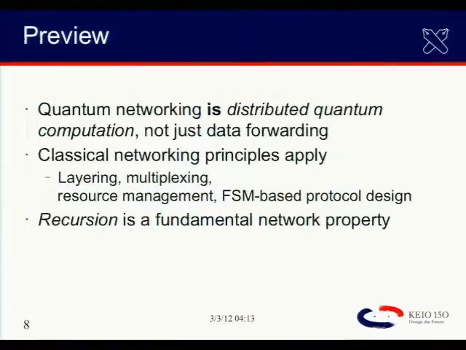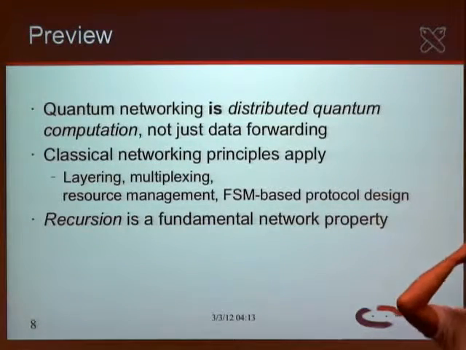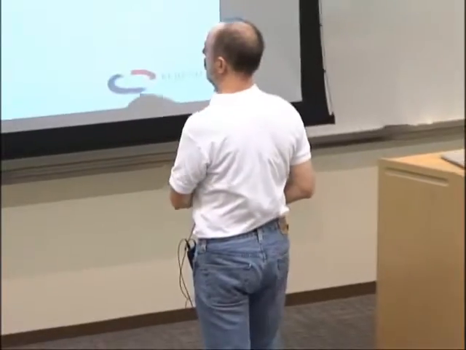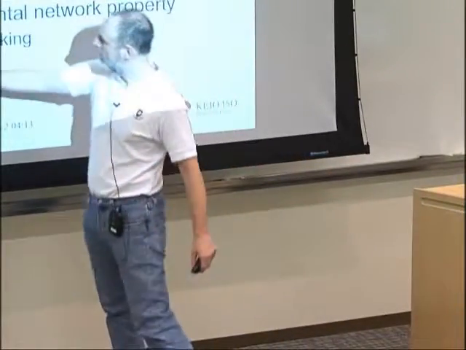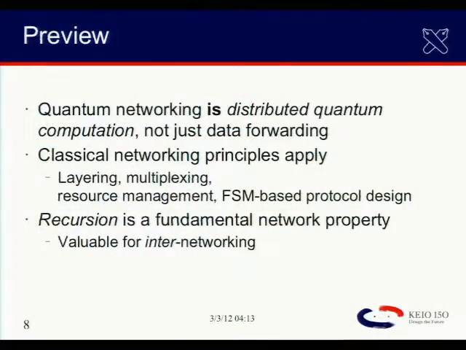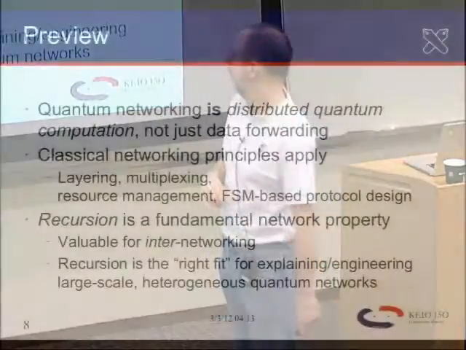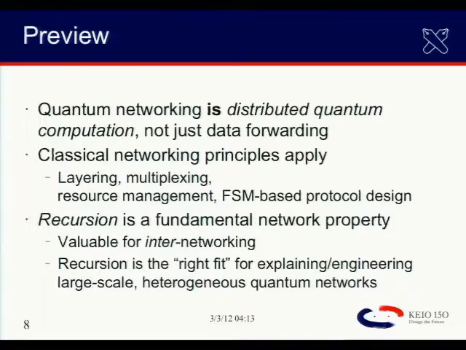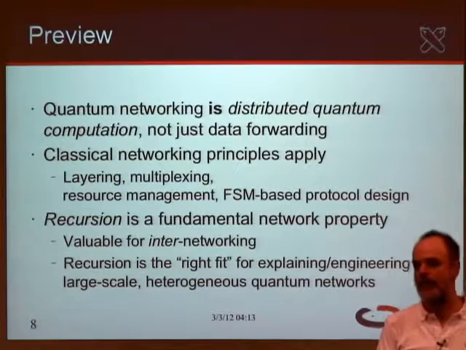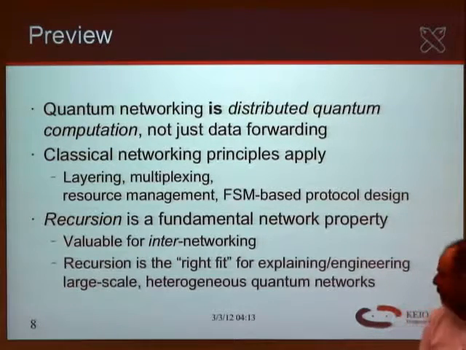Now this one comes from our collaborator, Joe Touch. Joe believes very, very strongly that recursion is a fundamental property of networks. It's not something that's tacked on. It's fundamental to the behavior of the networks themselves. This is particularly valuable for internetworking between networks. It's part of how you actually get to scale in large-scale systems. When I saw Joe's work on this, I realized that it applied very well to what we want to do in designing quantum networks, and so we've adopted the concept pretty much wholesale.